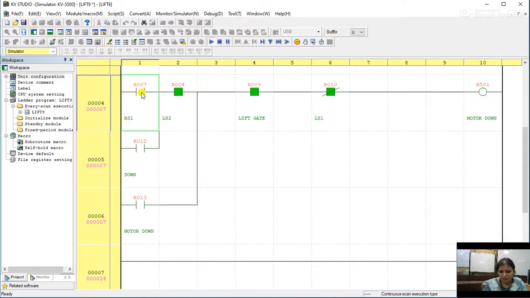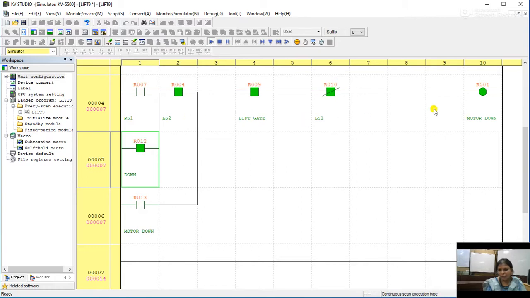Now even if I depress it and press the down button that is given outside the lift, then also, if the user enters the lift and presses the lift gate, make sure that the lift gate is closed, and it is not a switch here, it will make sure that the lift gate is closed, and the user has to press the LS2 switch to ensure the downward movement of the lift.